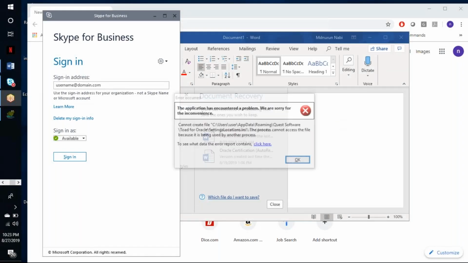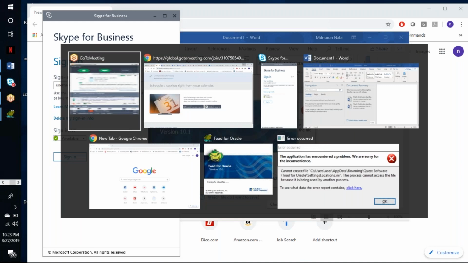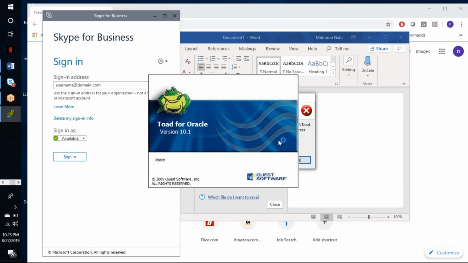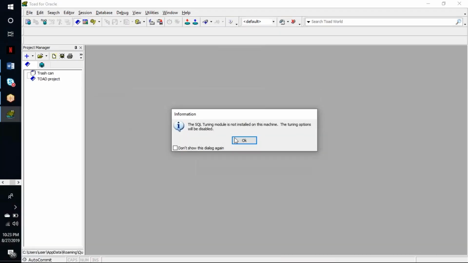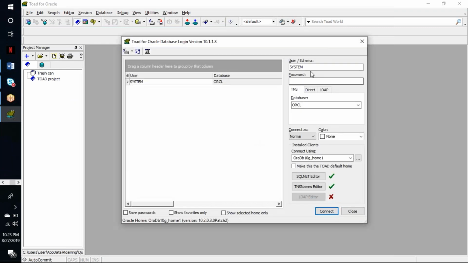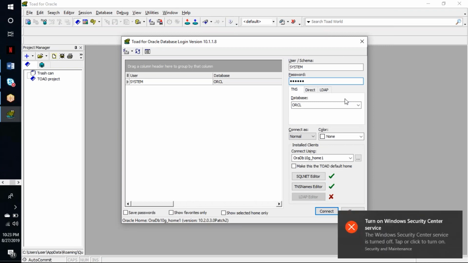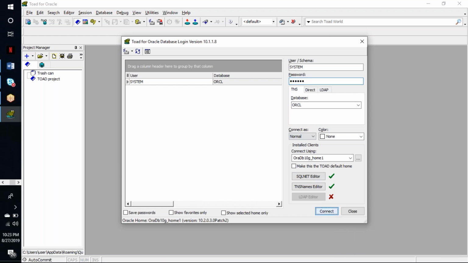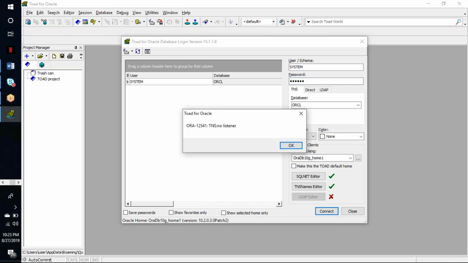Yes, Nabi, you can share your screen. Okay, enter the password. Connect. Still again, it's the same error.